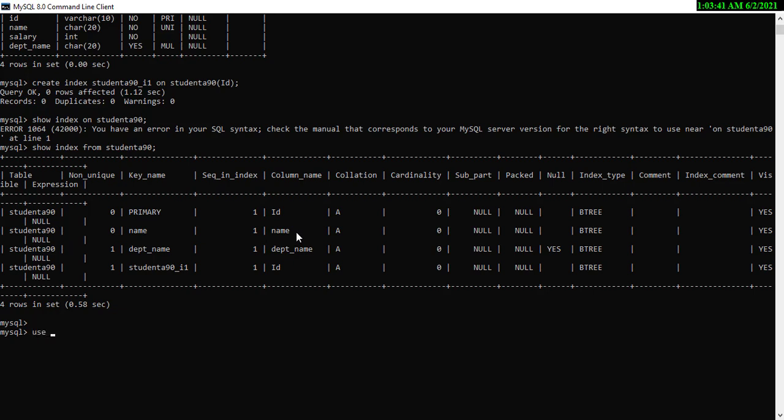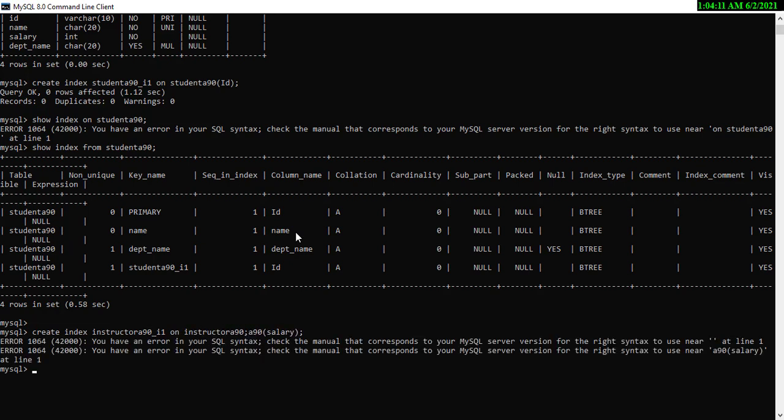Suppose I am using another command, create index. Suppose instead of student I am now using the instructor table, and instructor A90 I1, and I am utilizing salary of instructor A90.